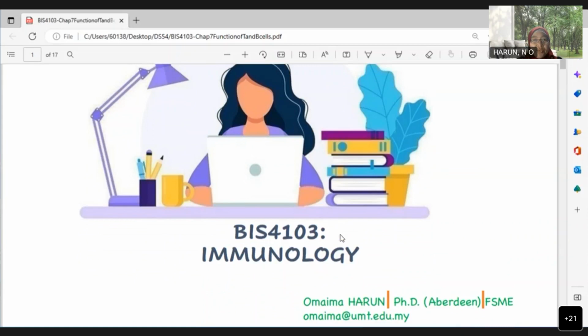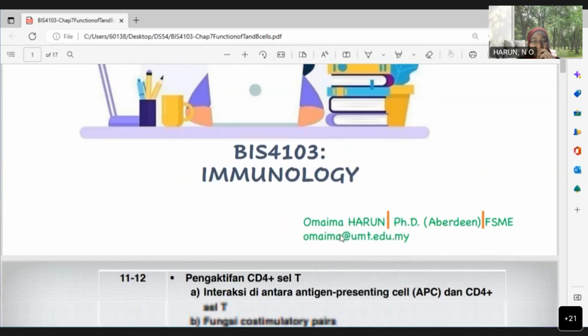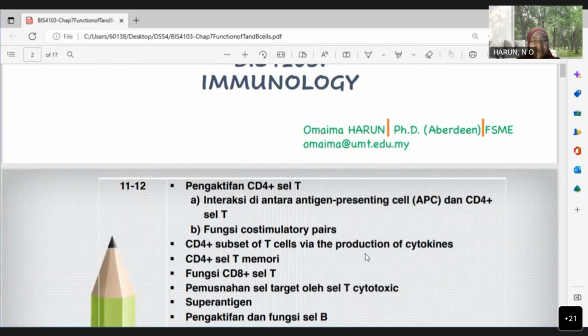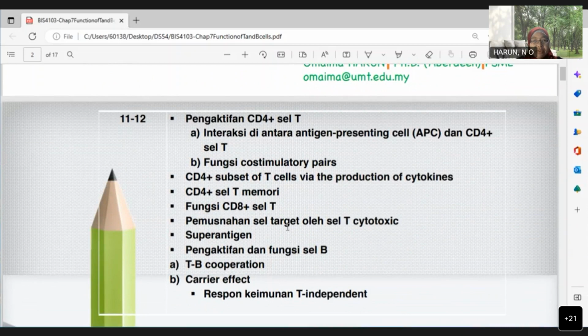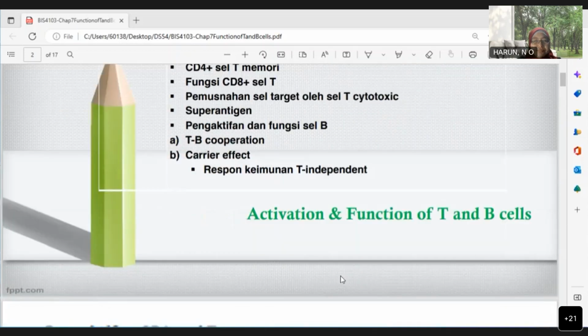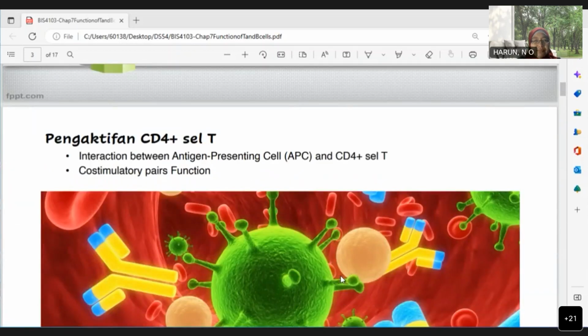Today we are going to start with topic number 7. So we are going to have a look at the activation of the CD4 T cells. Okay, we are going to have a look at how the subsets of the T cells are involved in the production of cytokines, the memory T cells, the function of CD8 T cells, and also the destruction of the cells. Okay, so today